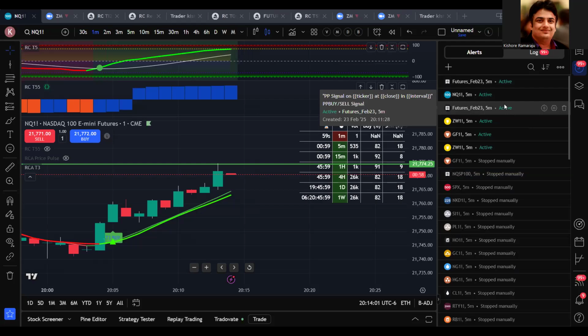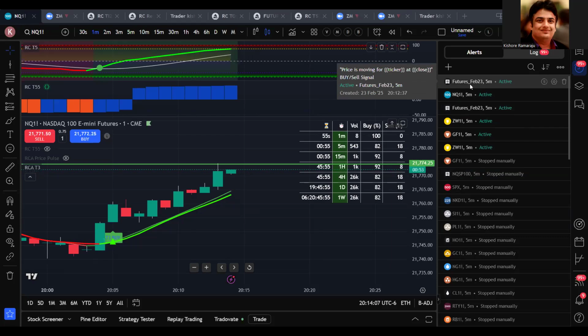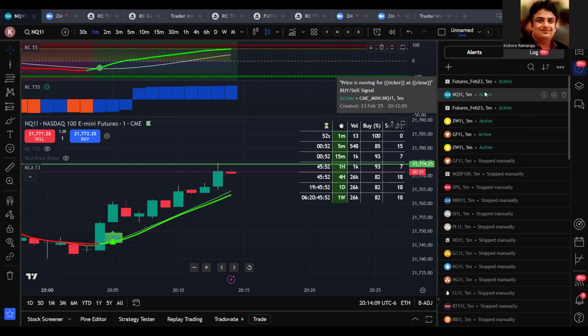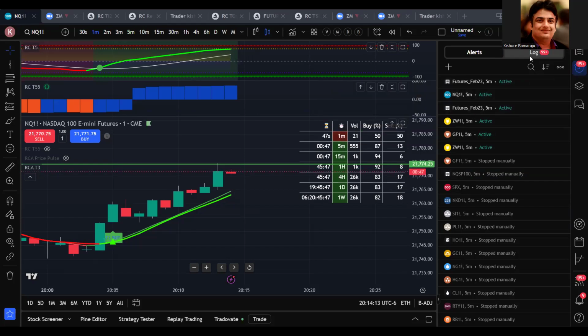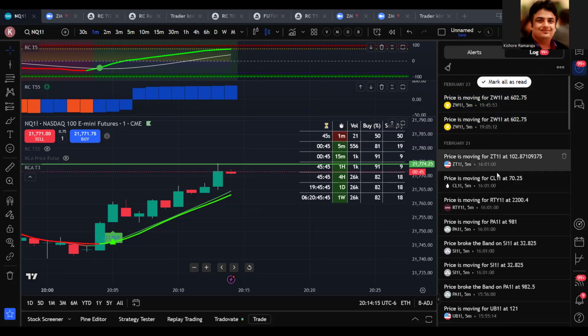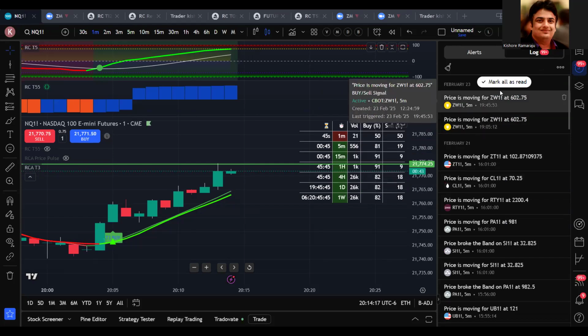So I created this price pulse buy sell on 5 minutes. Price pulse, the T3 indicator, both the signals. And then we have to wait for the alerts. Whenever we receive the alerts, then we have to go to